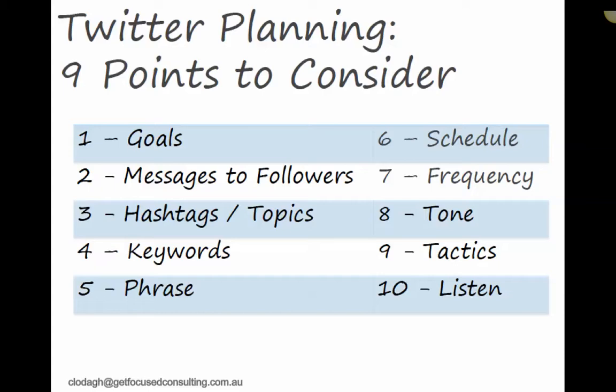So some points to consider when you're sitting down: don't open a Twitter account for the sake of it. You've got to have your goals. What do you want to achieve out of it? Write a list of things that you could potentially do, all away from your computer. Just sit down and have a think about it. What hashtags would you call it? Would it be hashtag French for Kids, so that you're always talking about what's going on in the industry for French for Kids and teaching and stuff? You choose your keywords like French for Kids. You would have a phrase, maybe some quotes and things.